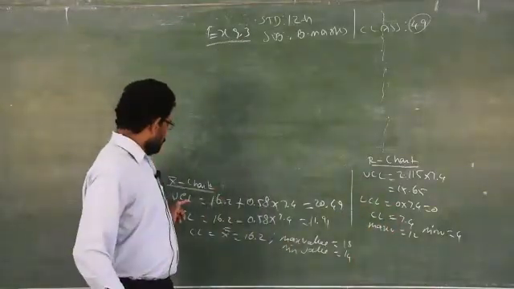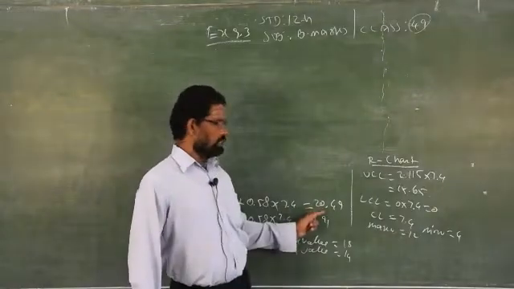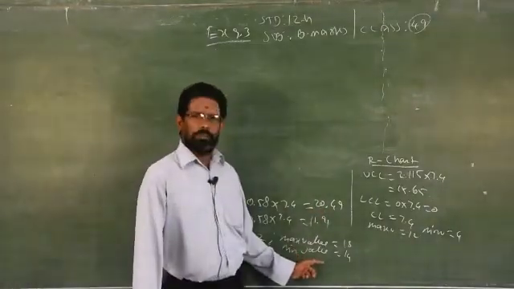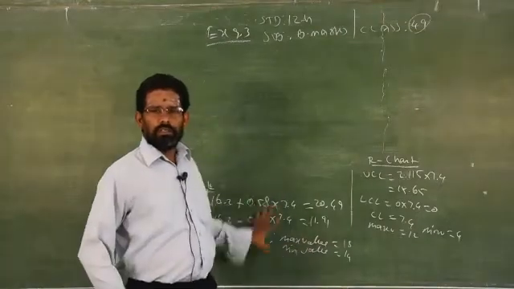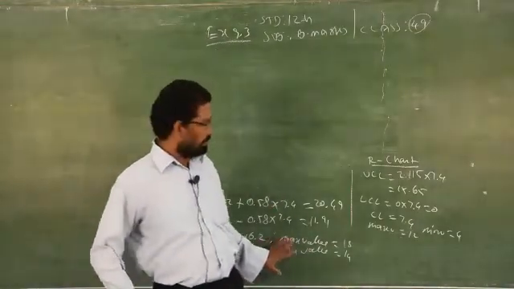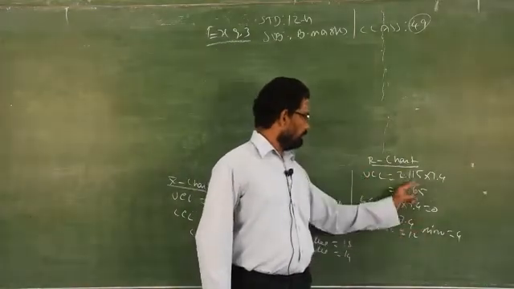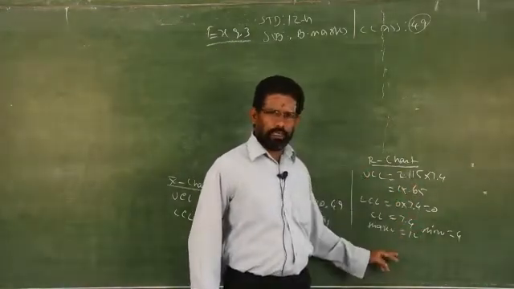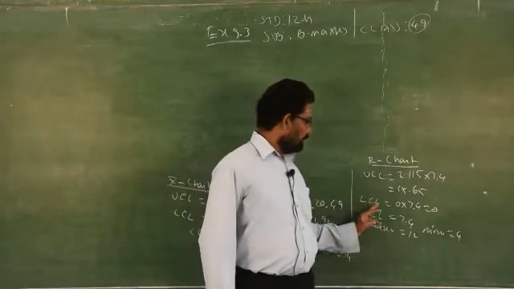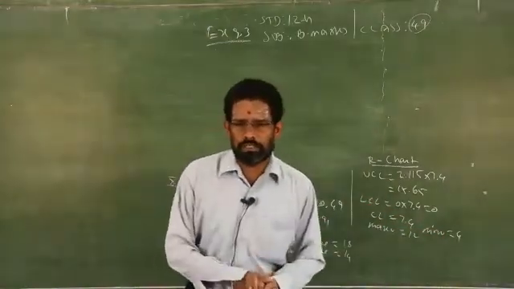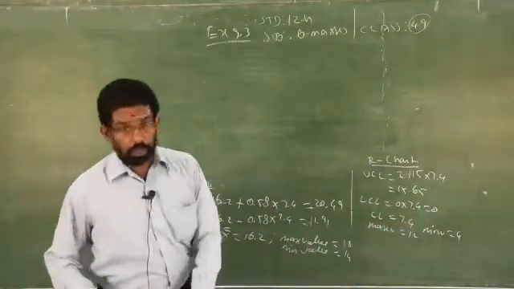So compare the UCL with the maximum, UCL should be greater. Compare the LCL with the minimum, minimum should be greater. If it's so, no samples are outside of the limits. If it's so, the process is in control, otherwise it is not in control. But you have to draw the diagram.